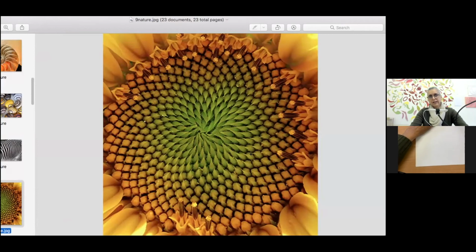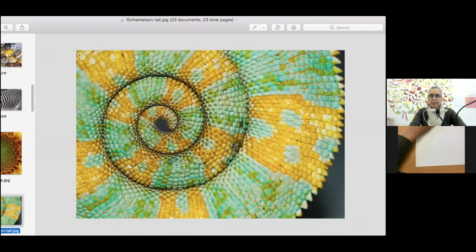So that's almost like the middle of a flower. Even sunflowers, as you know, have this kind of continuous rhythm that's going through them. Similar spiral of a chameleon, but quite different. So again, we've got the spiral going on, and then we've got these little ringlets inside them, and we've got just color variation.